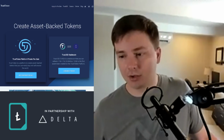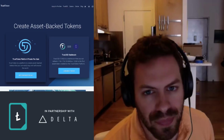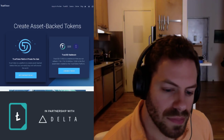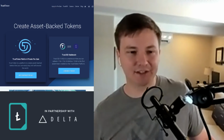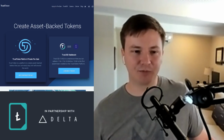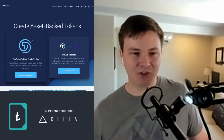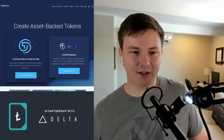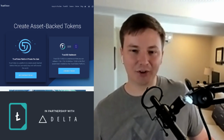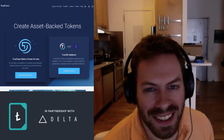There's a ton of buzz right now around custody and creating custody solutions for these institutions we're talking about. Let's say Goldman is an institution looking to use your platform, in addition to others, from their new cryptocurrency desk. They're not going to have some trader with a Trezor or a Ledger connected to their at-work computer executing trades, with $100 million worth of crypto sitting on that Trezor. So